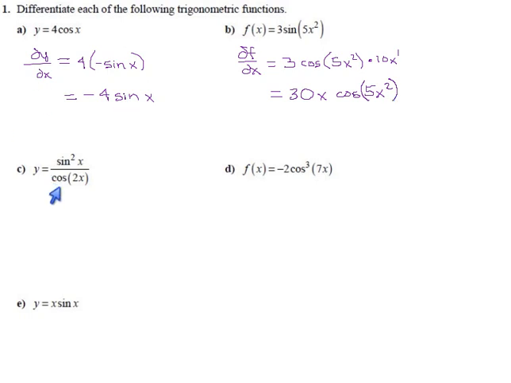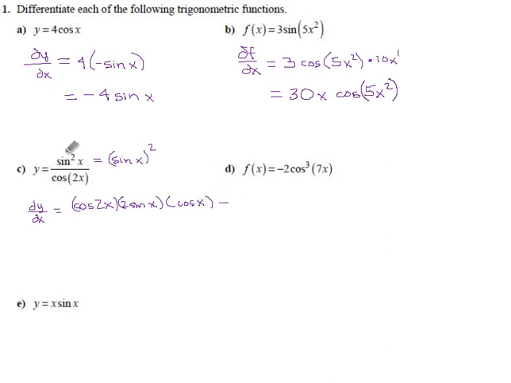Okay, here is a quotient. The quotient rule tells us the derivative for this is going to be bottom times derivative of the top. Now the derivative of the top, this is squared, so its derivative is 2 sine x to the 1 times the derivative of the sine, which is cosine x. Right? So we're treating this the same way we would as if it was sine x to the second power. So 2 sine x to the 1 times the derivative of sine x. So all this is bottom d top